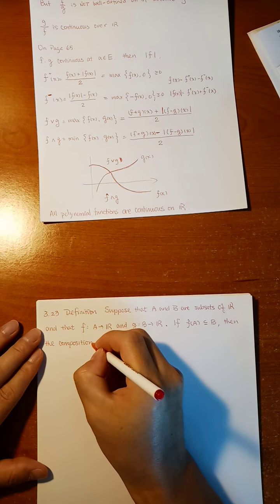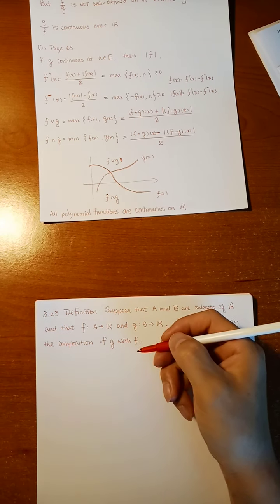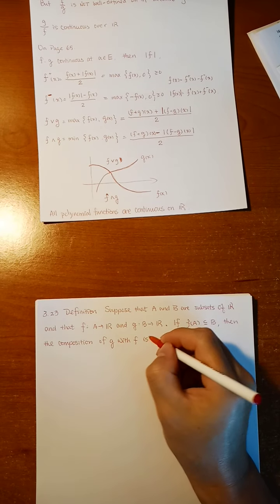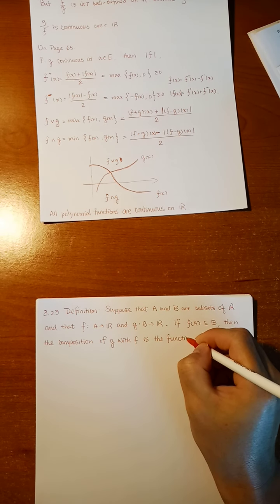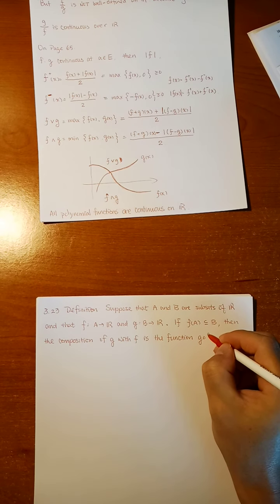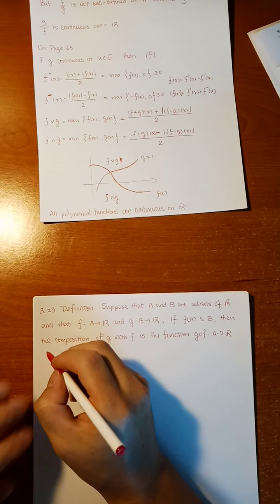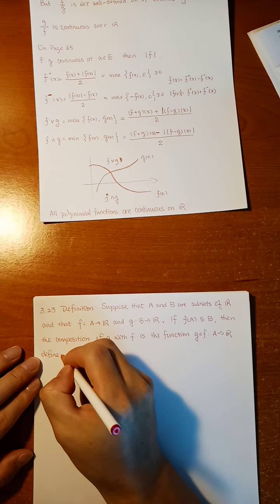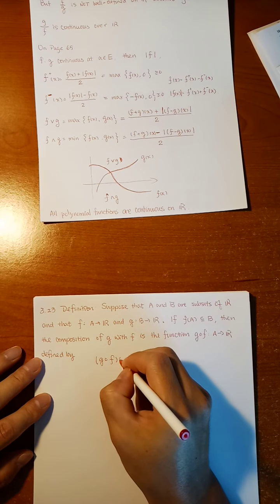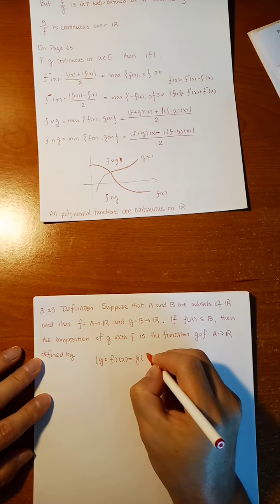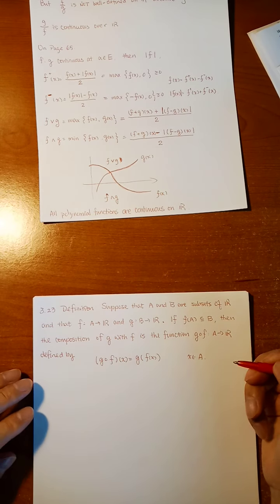composition of G with F, the composition of G with F is the function G circle F from A to R defined by G circle F of X is equal to G of F of X for X in A. Okay, so that's